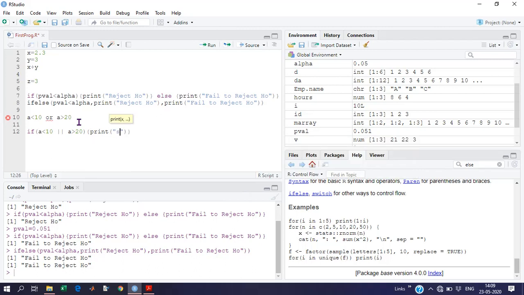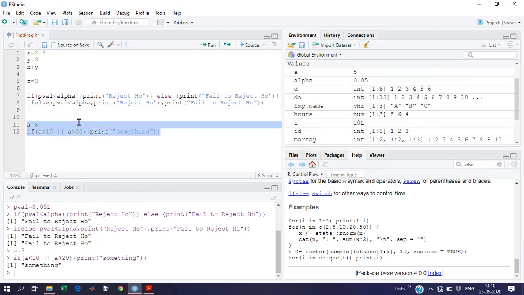Whatever. Now, what if a is equal to 5? Control n, that is the case.